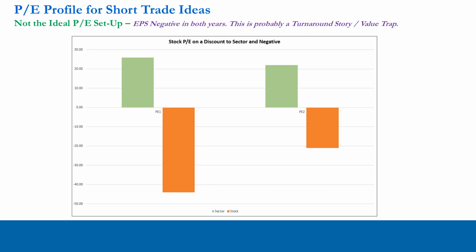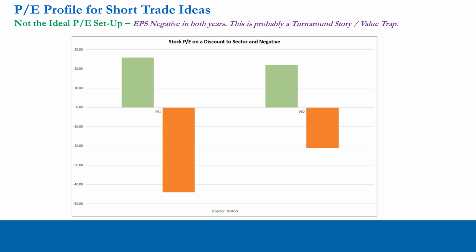It's very unlikely that you're going to pull up this type of PE profile and be sitting nicely in a phase 2 or phase 3 situation, because the company is losing money in both periods. Well, it's forecasted to lose money in both periods, and the stock will probably have moved quite a lot already. And if it is genuinely ex-growth, then it's probably going to be in a phase 4 or phase 5 situation, and you're going to be late to the party.